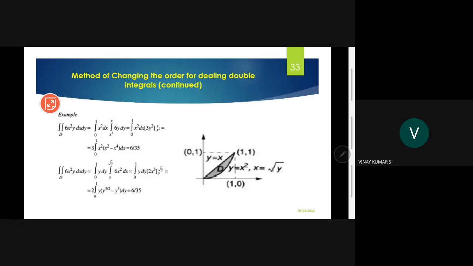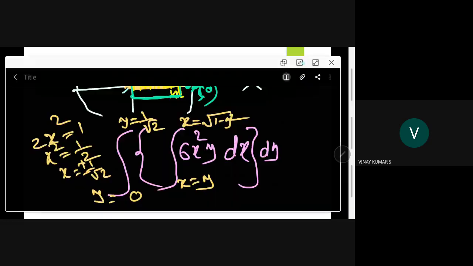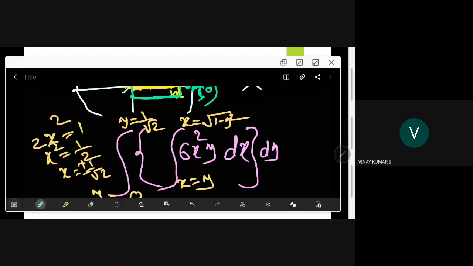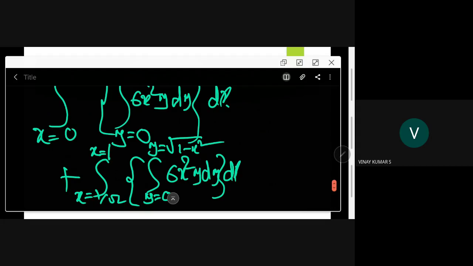Let me see what is the next slide. Okay, then changing of variables is there. Changing of variables, that also I will explain. Then we go for a problem solving session. We may need one more session also, because only half an hour is left. We'll see. Okay, no hurry, because you need to answer these questions. That is the aim. All right.